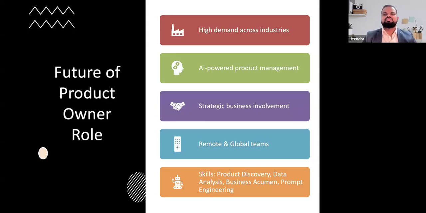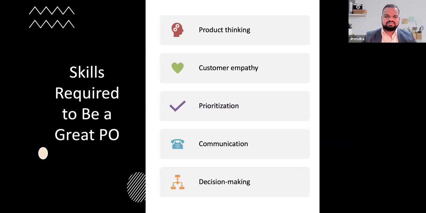And when you are someone who is willing to transition into the product owner job role, you need to make sure that you are going in the right direction. You are upskilling yourself with the right things, so that you are able to be a great PO. So the definition is, one thing is a good PO and a great PO. What is the key difference between these two? Especially in today's time, in the time of AI, something that you have to go to the top level.